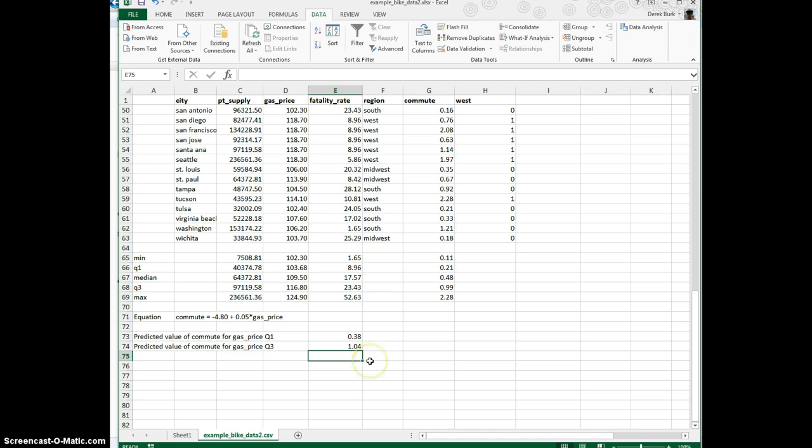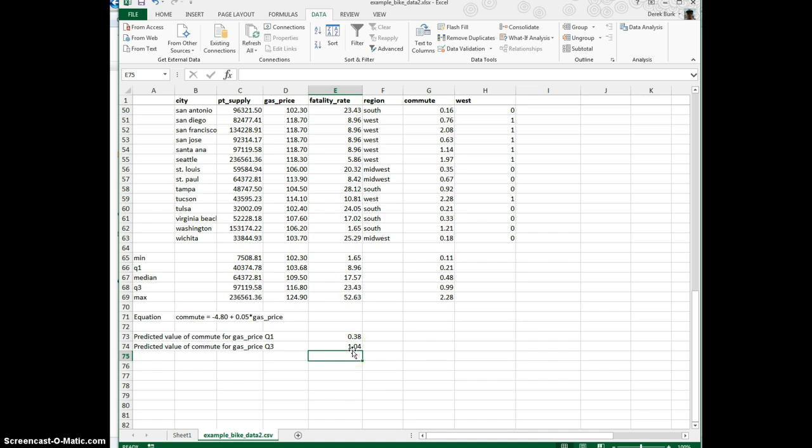And I also ask you to interpret in part B whether you think this is a big change. So this is a change from the first quartile, kind of the left side of the distribution of gas price, to towards the right side of the distribution. So it's a pretty big shift in our explanatory variable. So the question is, does this seem like a big shift in your response variable? This is very subjective, but in this case,